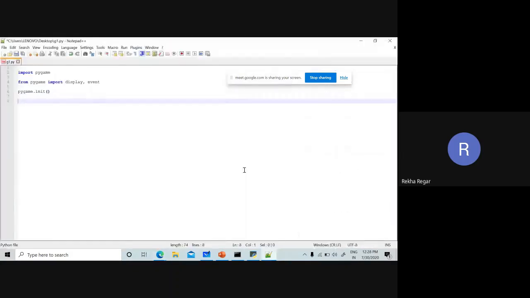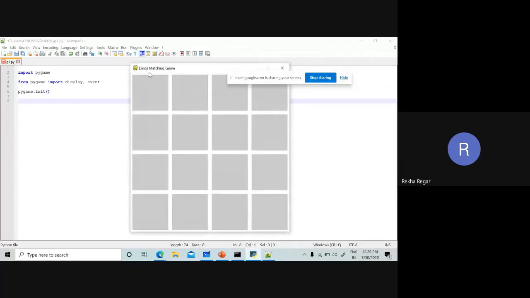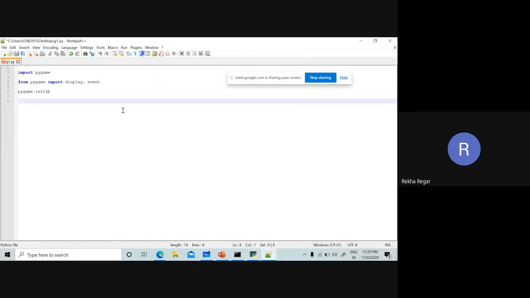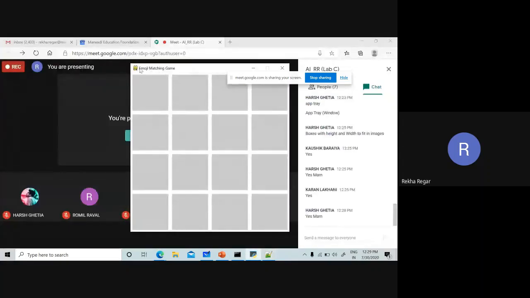After that we have to give a name to the console. Like you can see here, you are seeing that Emoji Matching Game. Such kind of names we are going to give the windows. To give the name to the window, we use set caption, which is a function from the display.